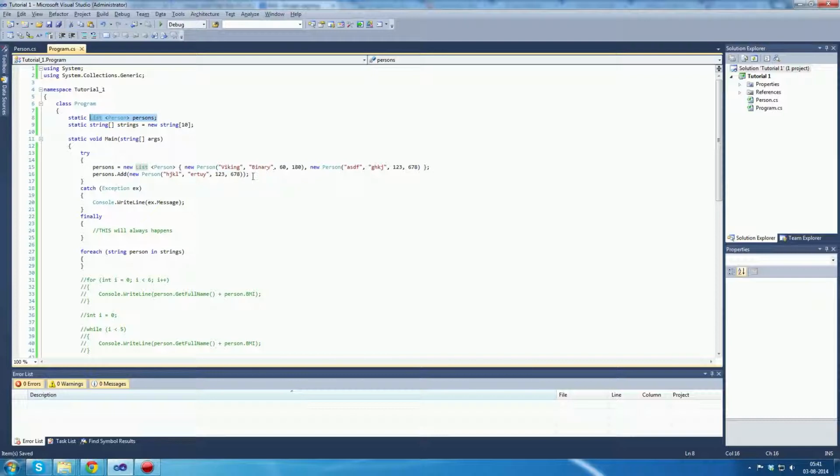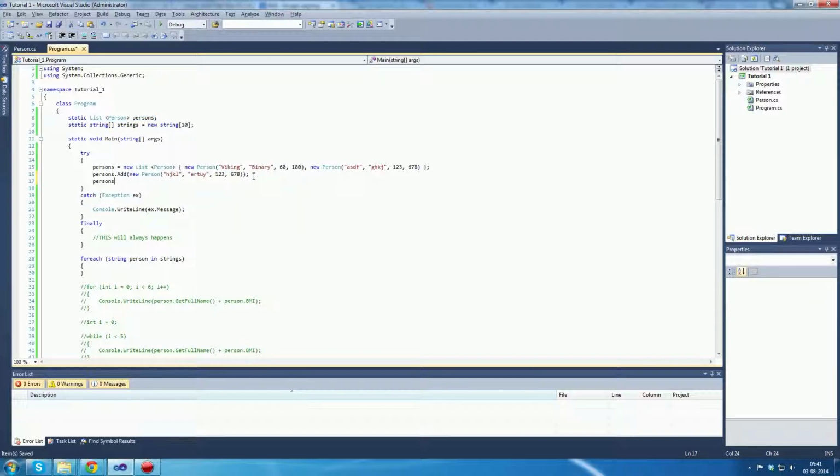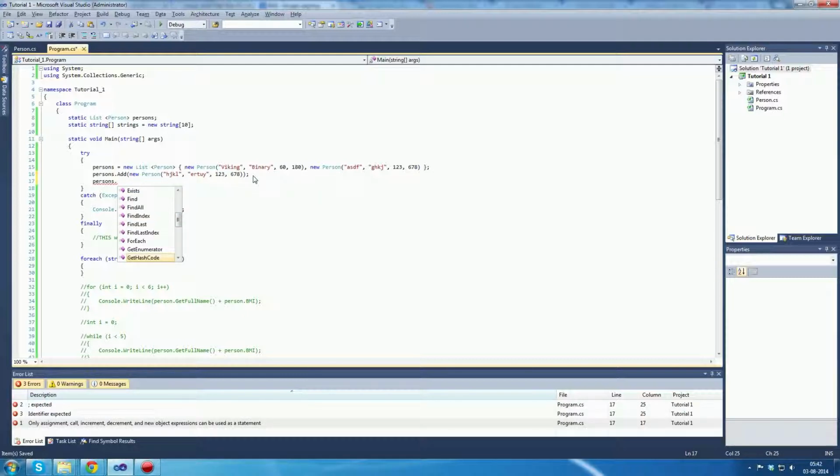You should right now try to play around with list and collections, maybe do something with adding, removing, sorting, all this fun stuff. You even have sort here, for instance. You also have, if I can find it,